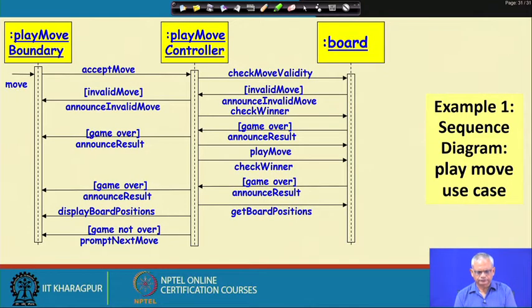Let us see here. As the user makes a move, that is detected on the play move boundary. So, these are the three classes which interact to realize the play move. Once the move is initiated by the user, that is conveyed to the controller. The controller is the one which actually coordinates all other objects. The boundary is only for getting the data and reporting it to the controller, or taking data from the controller and displaying it to the user. So, the accept move, as the move is made, is conveyed to the controller. The controller knows what to do,